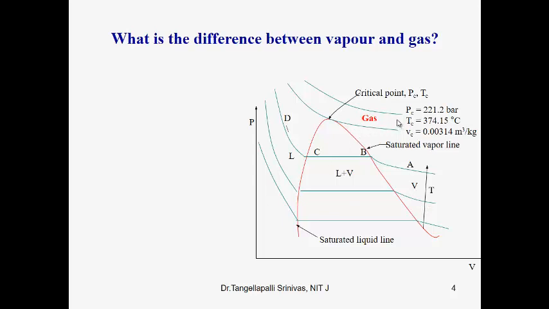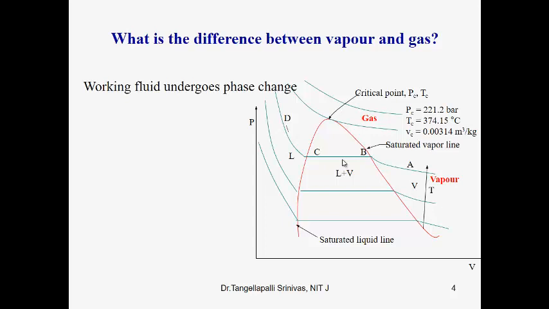So through isothermal compression process, it's possible to convert the vapor into the liquid. But the case is different in an isotherm above the critical point or even through the critical point. Through the isothermal compression, it is not possible to convert the vapor into the liquid because it's always in the gaseous form. So the isotherm passing through the critical point is differentiating the gas and vapor. Now vapor is defined as a medium that can be converted into the liquid by means of isothermal compression process.